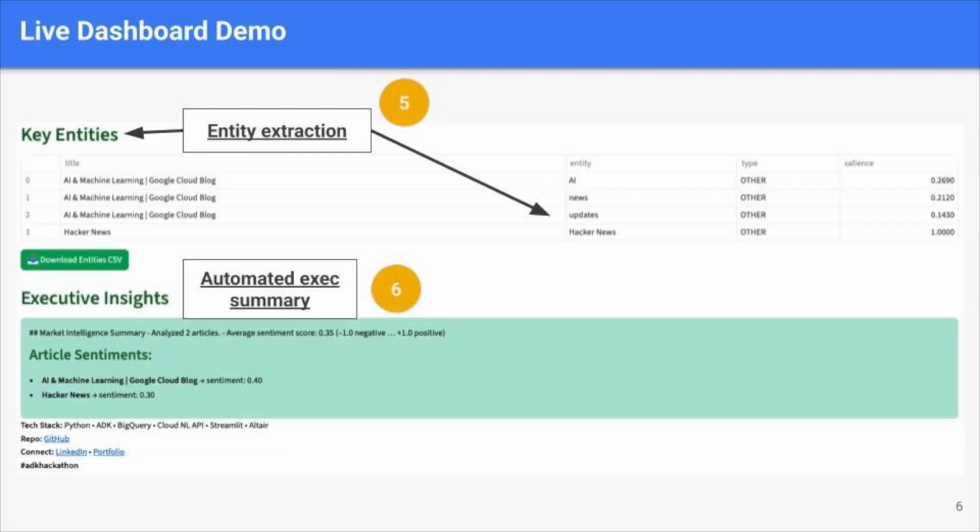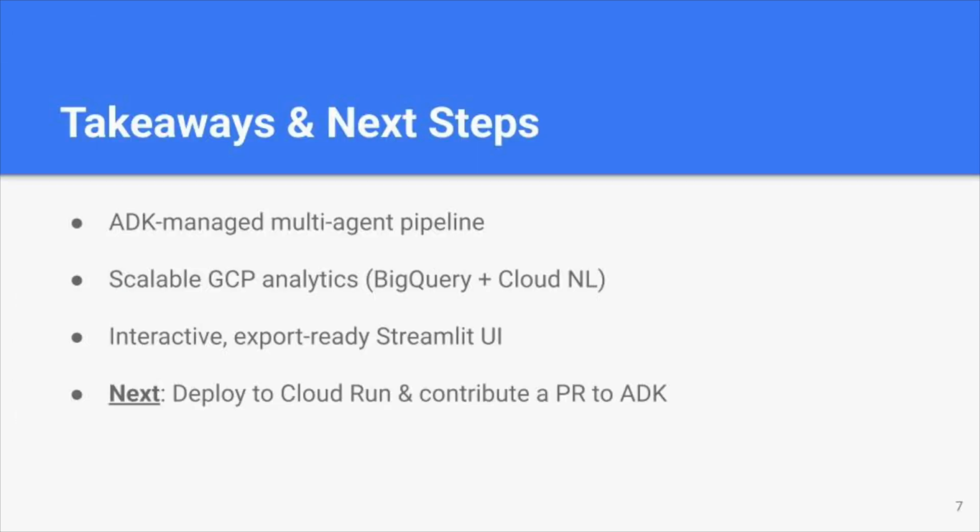Additionally, IntelSync automatically identifies key entities within your data, highlighting critical topics and mentions to focus your analysis. To top it off, the Executive Insights panel presents an AI-generated market summary, ensuring actionable intelligence is always just one click away. In summary, IntelSync demonstrates the power of a fully orchestrated ADK managed pipeline, integrated seamlessly with scalable Google